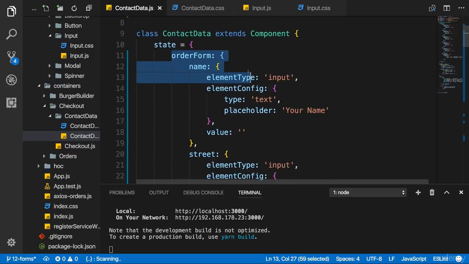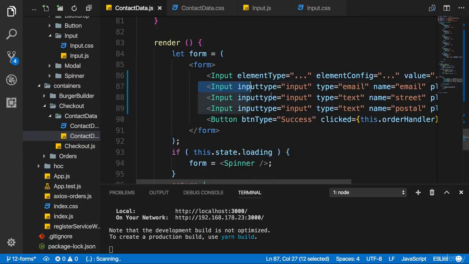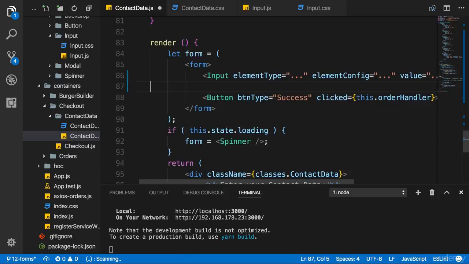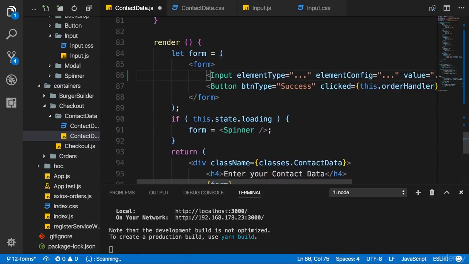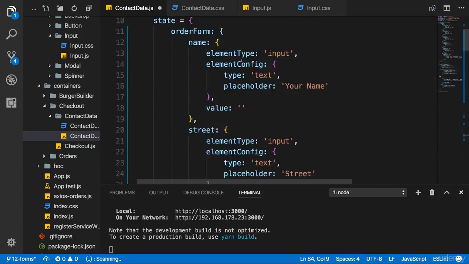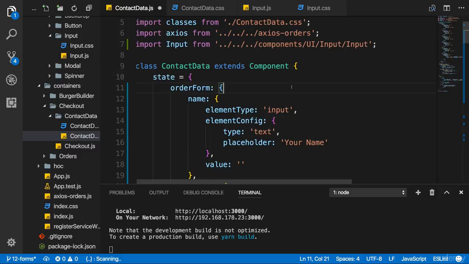So in the last lecture, we defined our JavaScript object, which should represent our form. Now I want to output that in my render method here. I want to create all these inputs dynamically. So I'll get rid of them in the render form here for now. And I now need to, first of all, turn my order form object here into some kind of array